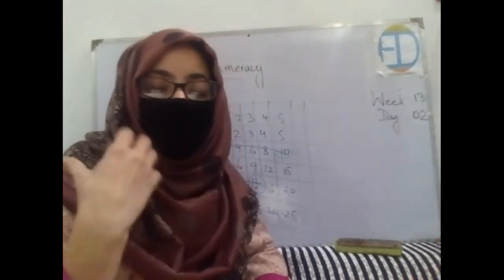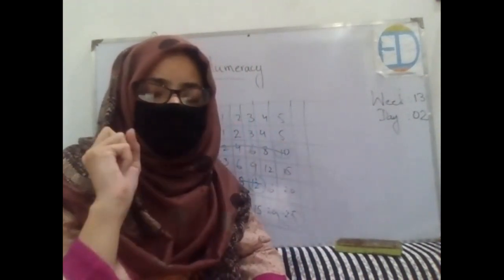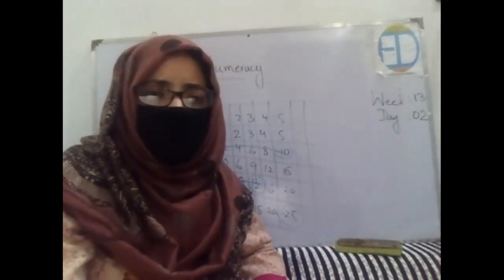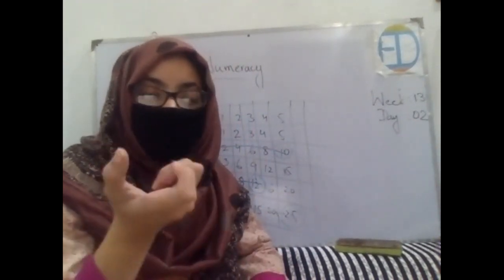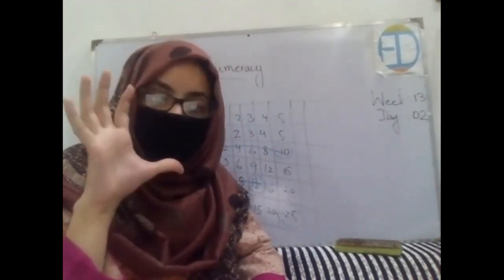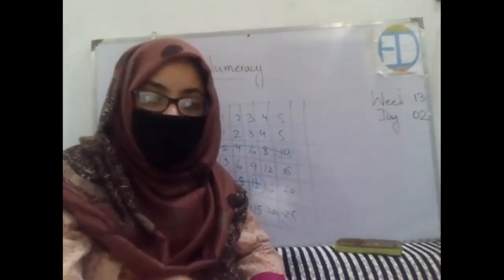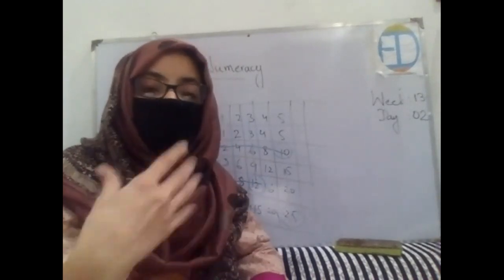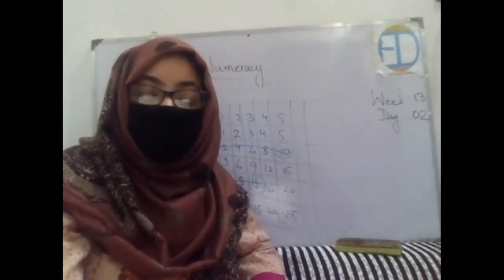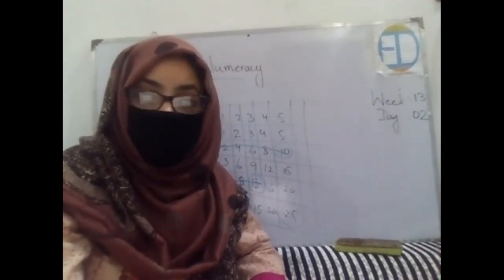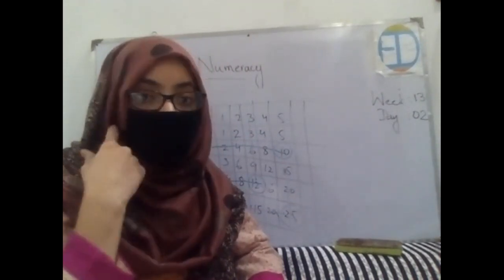For those kids, when they are doing exams and don't have much time, they can make this. Rather than wasting time finding the products, they can just make the multiplication table for themselves on a rough sheet first, and then they can keep on doing things by just looking over there. So this is a very easy and very good tip: you can also make your multiplication table on your notebook and take help from there, right?